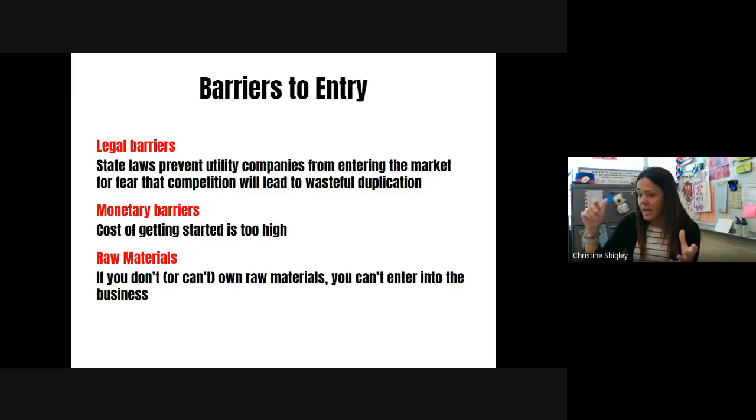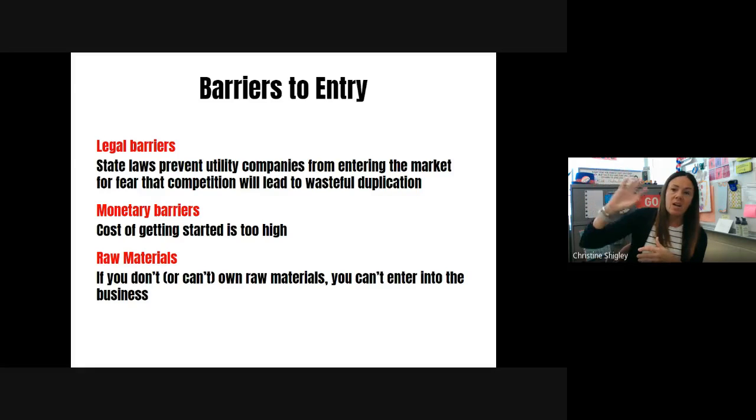So again, to enter the market, and again, I was pointing out here, there's power lines out here. So if I'm going to become a competitor of DTE in Marysville, I'm going to have to build all those power lines. Well, those already exist. And the amount of power lines that I would have to build, I could probably never make a decent profit off of, how many people I could get to switch from DTE to like Shigley's Electric Company, right? So it doesn't make any sense to build something that's already been built